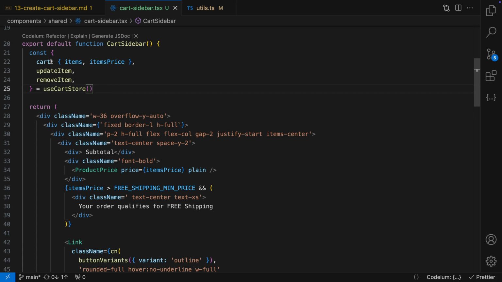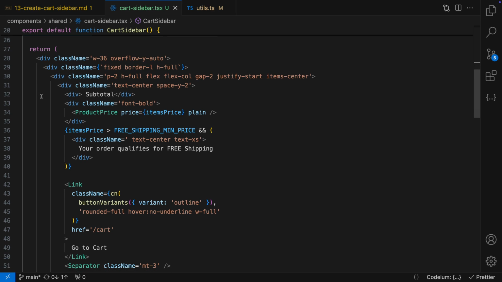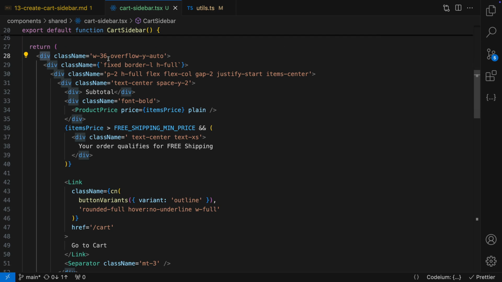In this component, get items, items price, update item, and remove item from the useCartStore hook, and then inside that